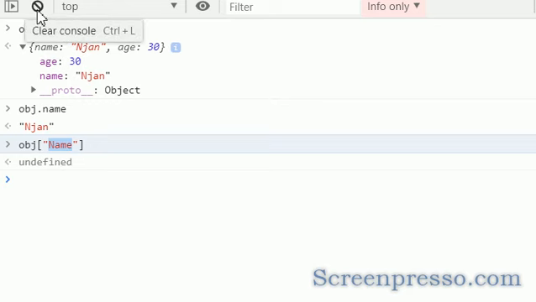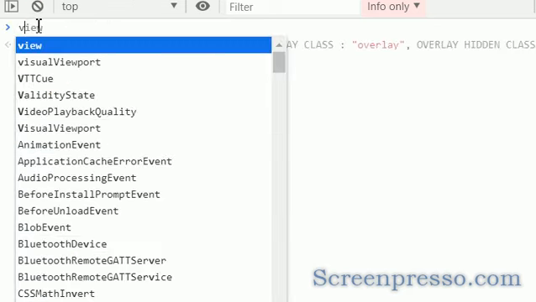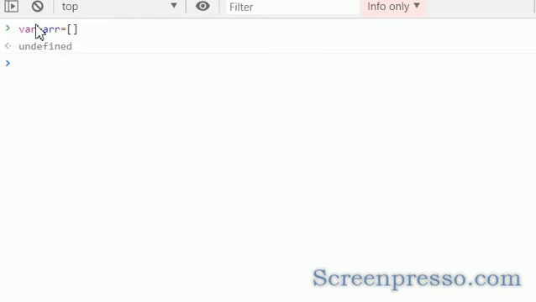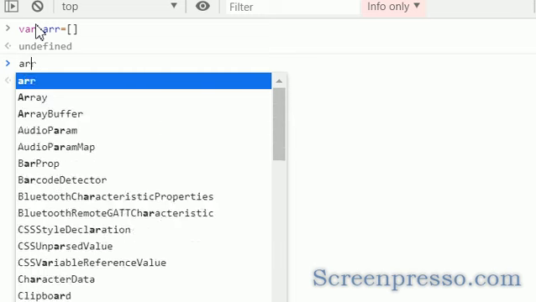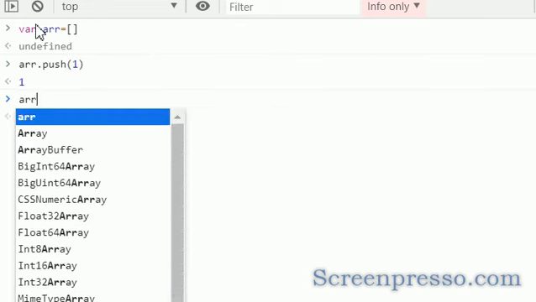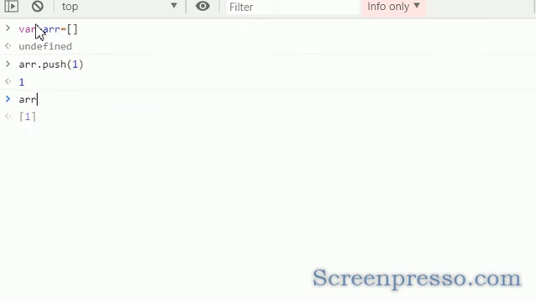Let me move on to the array. I am declaring a variable called arr. I am specifying square brackets, so this is an array. In JavaScript, array is a type of object only. I am trying to add a value. I am using push here, 1. So now the array has the value 1. You can check the length also, array length 1.